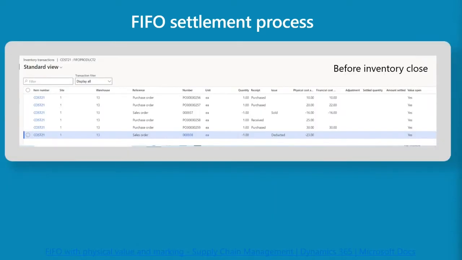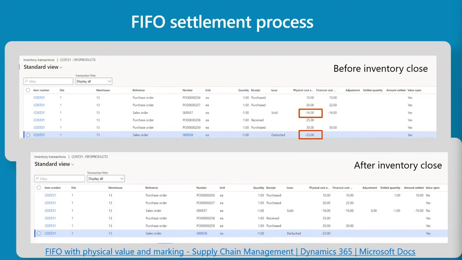Now, let's look at an example of using FIFO without the include physical value option. This first screenshot is a sample set of transactions for a product that is costed using the FIFO inventory model. This screenshot is taken before the inventory close is run. You can see that our 2 issue transactions are costed using the running average value of inventory at the time of posting. After we perform the inventory close process, our financially updated issue transaction is matched to the first receipt,